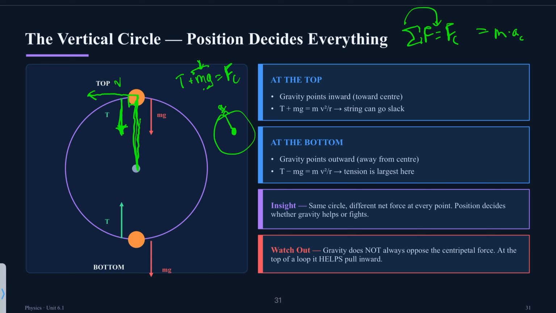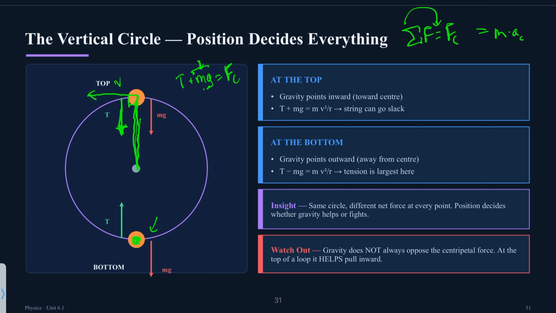But suppose you were out in space and you were swinging a yo-yo, and then there was a planet here with attraction, then you'd have to use G m1 m2 over r squared. But that's for later, okay? That's a more complex problem. For now, just imagine everything's on Earth. Over here,